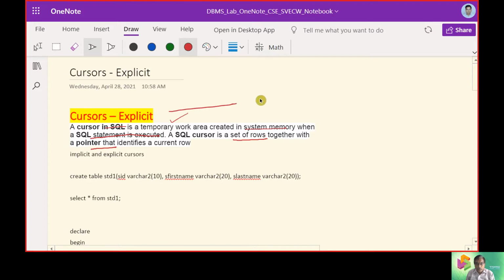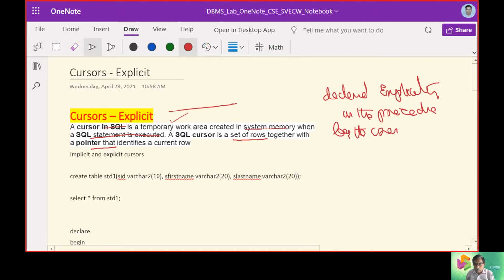When it is explicit, we can assume these are declared explicitly in the procedure by the user.